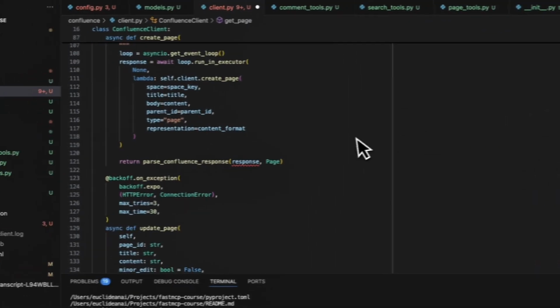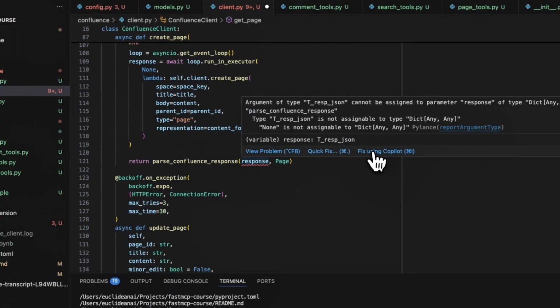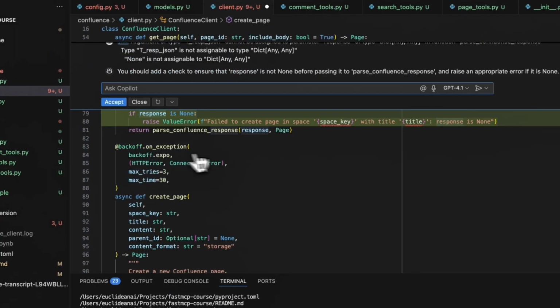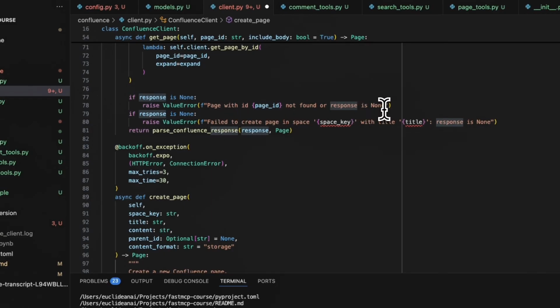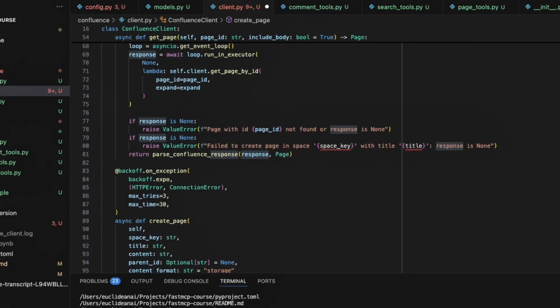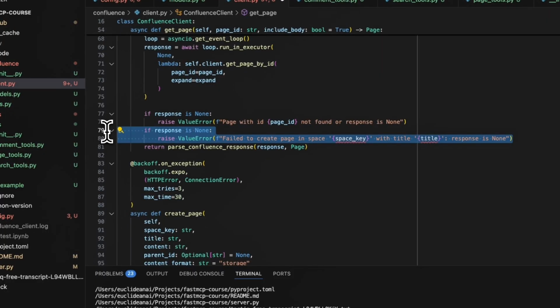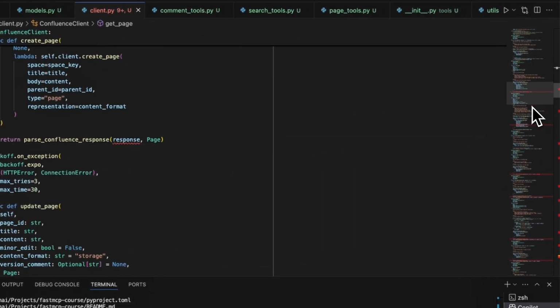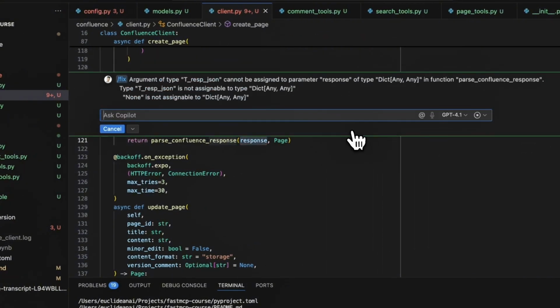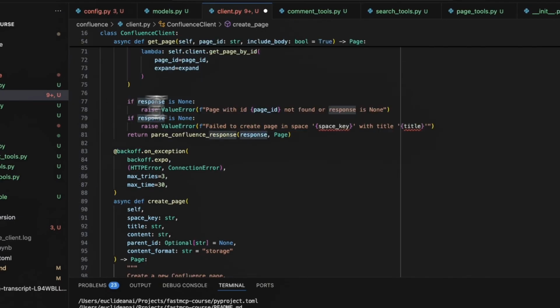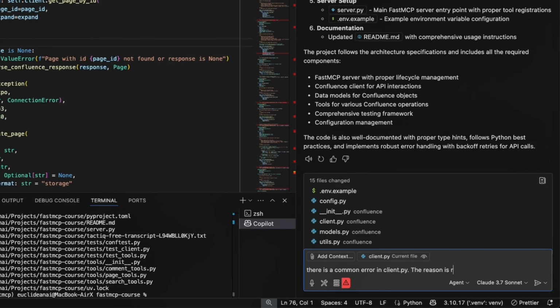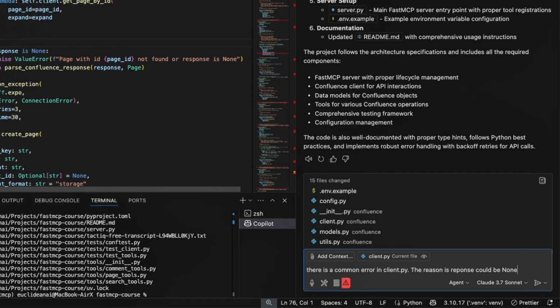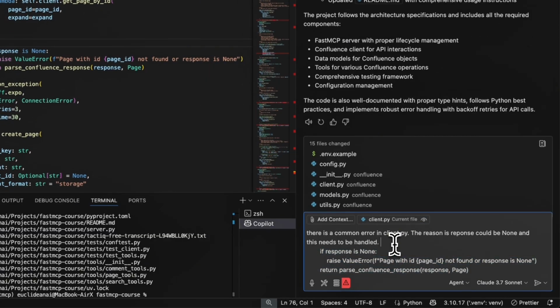Looking more closely, I see that multiple methods have the same issue with response handling. Rather than fixing each one individually, I will ask the AI agent to address this common error pattern. I'll just type something like, the response could be None and this None value needs to be properly handled